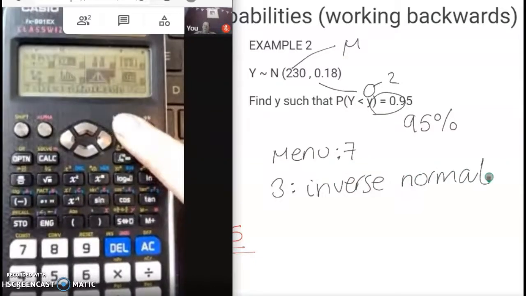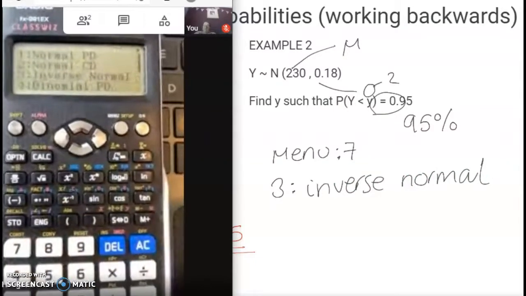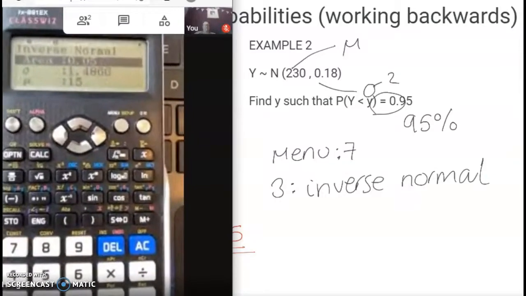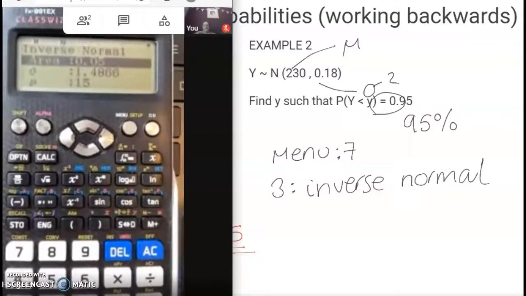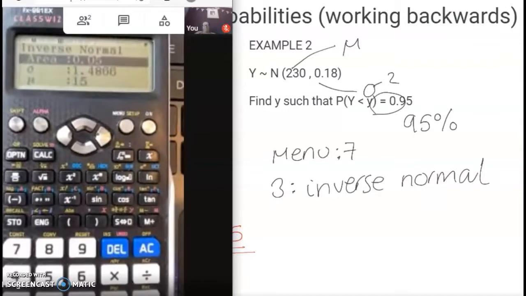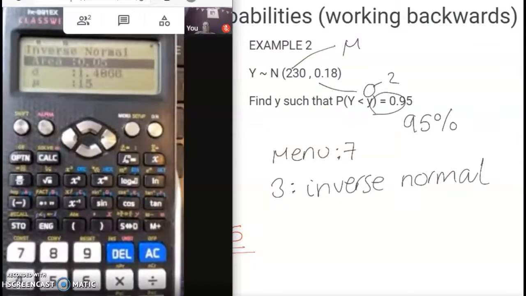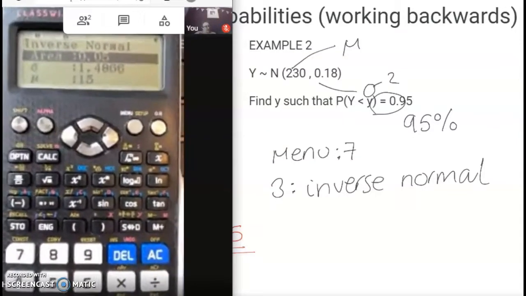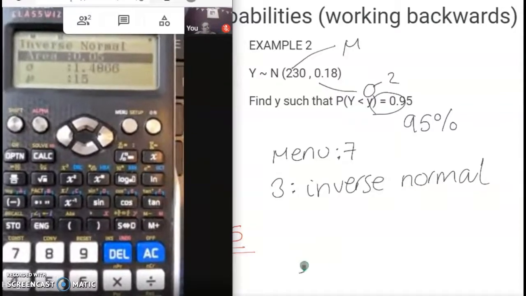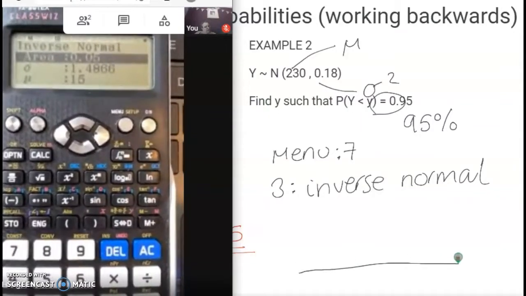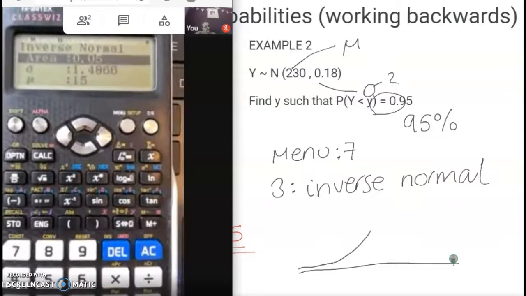So menu 7, 3, inverse normal. Obviously all the information that's on my calculator is from the previous question because I haven't cleared my screen. But let's just think about this normal curve. You know how much I love a normal curve. There's my curve, and this time it's